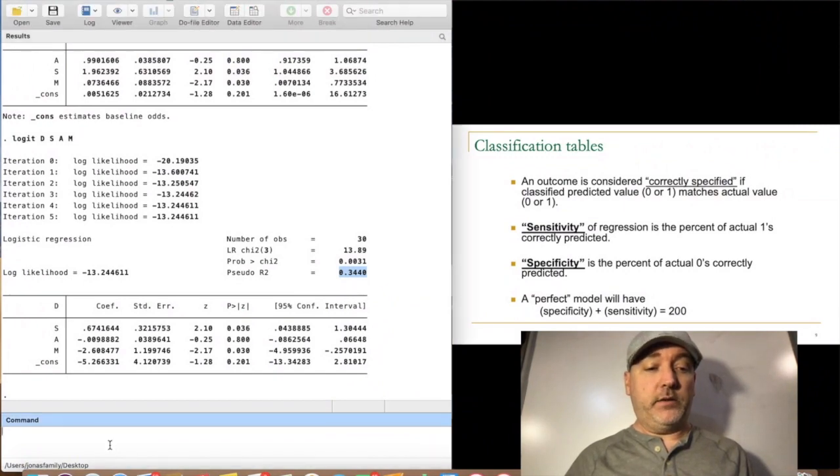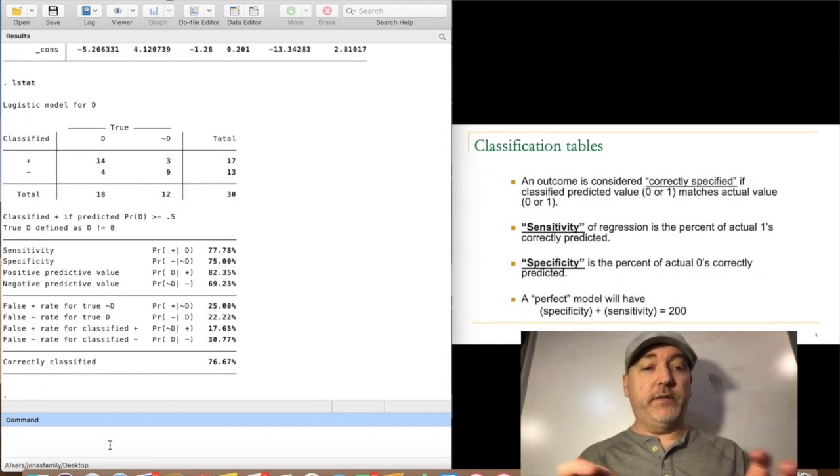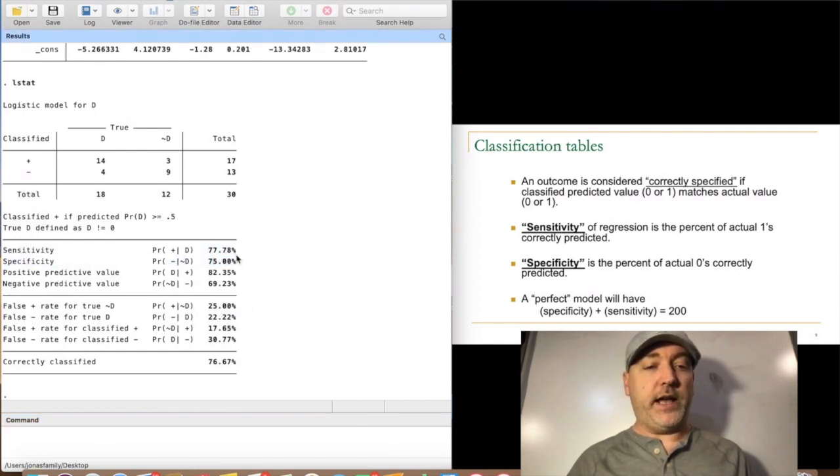So in Stata, we can bring that information up, and a lot more that we're not going to focus on right now, with the lstat command. So this will give us the sensitivity and specificity for the most recently estimated model. So here, again, only 30 observations, but we've correctly predicted 77% of the 1s. So people that did participate in the labor force, we successfully predicted 77% of them based on their education, age, and marital status. And the people that didn't participate in the labor force, we correctly predicted 75% of those based